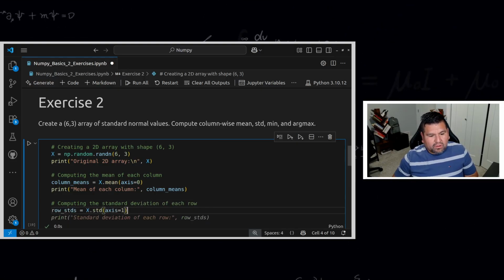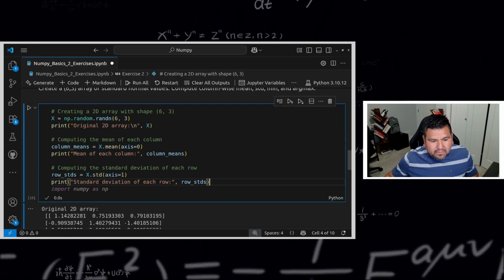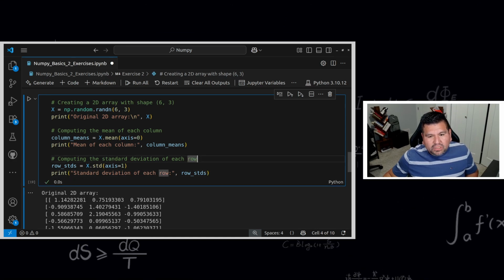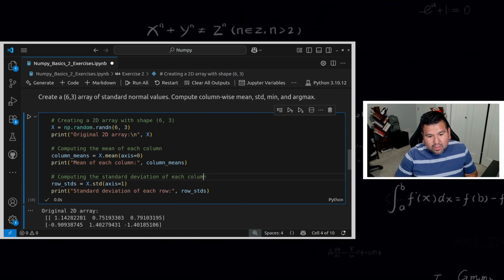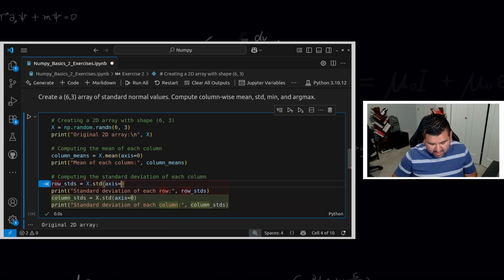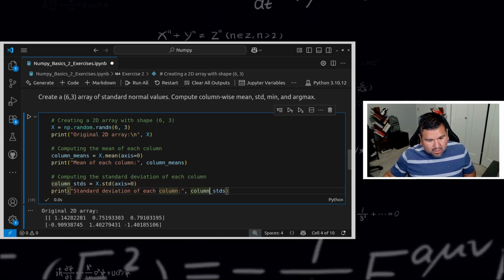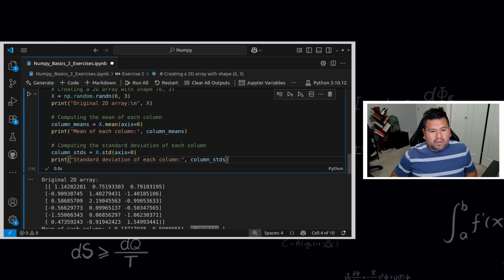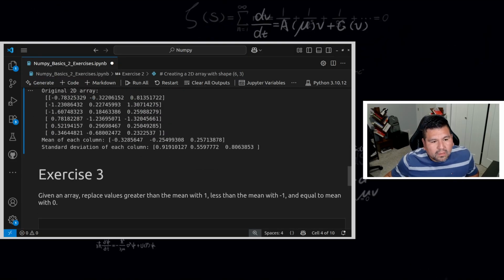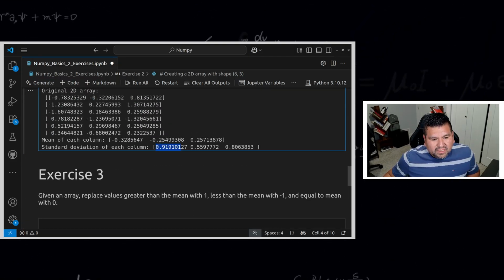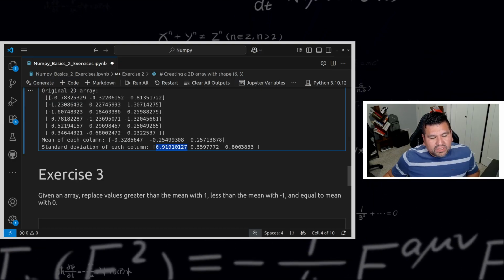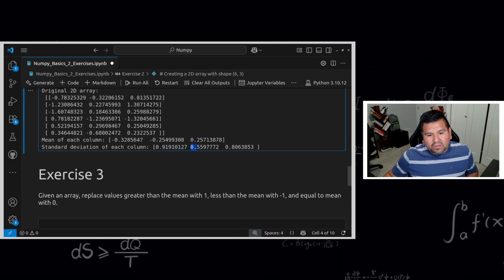Deviation of each row. That's it. Of each, no, excuse me, each column, not row, column. So axis 0. Okay, all right, so yeah, this represents the standard deviation of the values stored on the first column, the values stored on